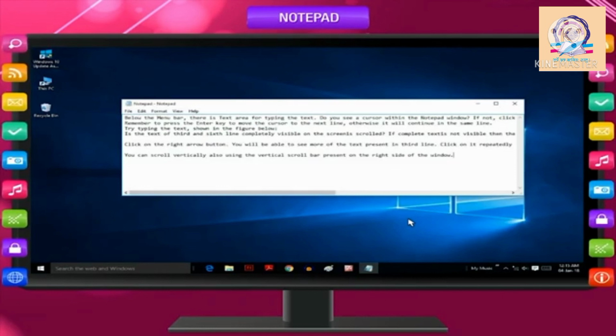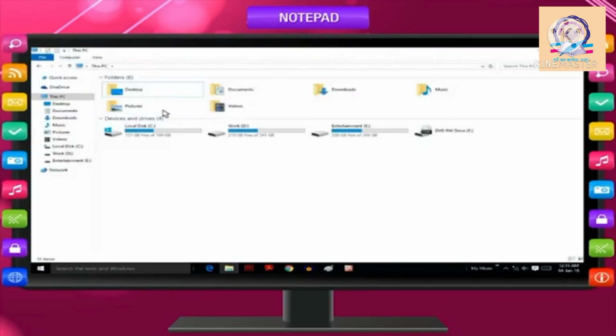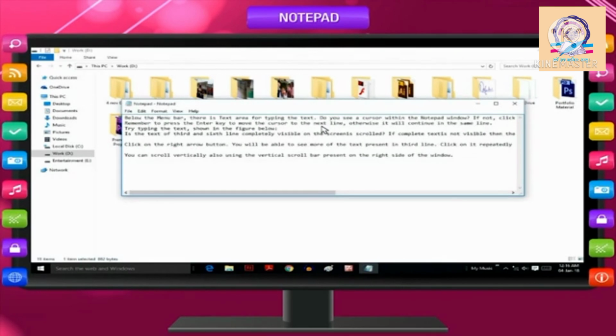This file can be loaded anytime using the Open option in the File menu. Try closing the notepad, opening it again, and opening your file. Here is another method. Open the folder which has your saved file. Look for the name of your notepad file that you had saved earlier. Select the notepad file icon having the name of your file. Double-click on the icon to open your saved file.